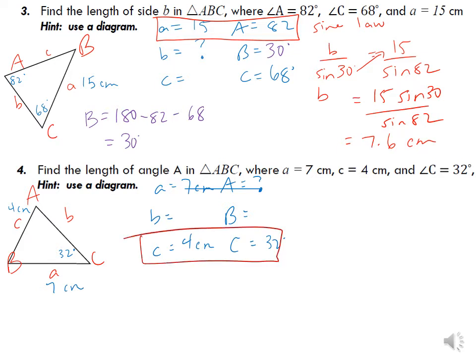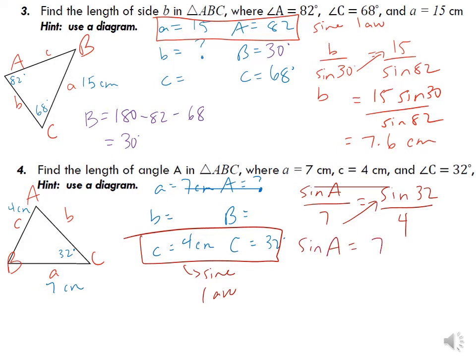Yes, C, that's our indicator to use sine law. So this time we're using sine law for an angle. Sine A on top over A, which is 7, what you drew the box around, sine 32 over 4, cross multiply,